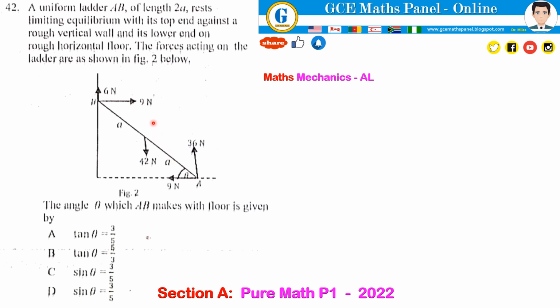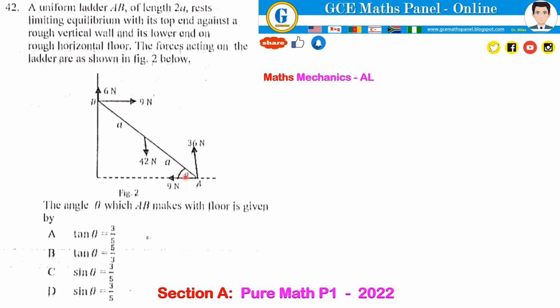If you look at the sum of upward and downward forces, the upward forces are 36 plus this 6, which is 42. The downward force is 42, so they are balanced. As I said, limiting equilibrium. Then the forces to the right, 9 newtons, and to the left, 9 newtons, so it's balanced. So for us to find the angle theta which AB makes with the floor,